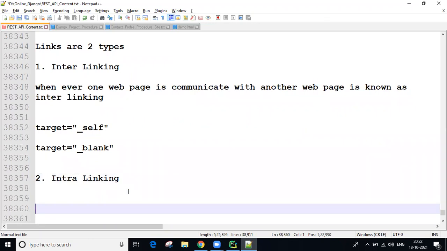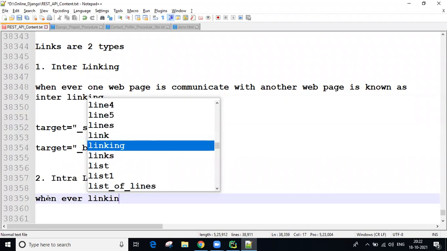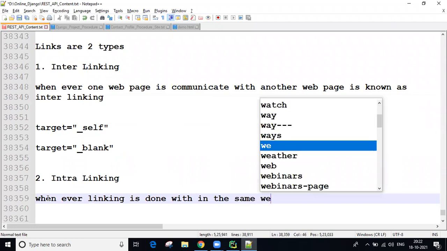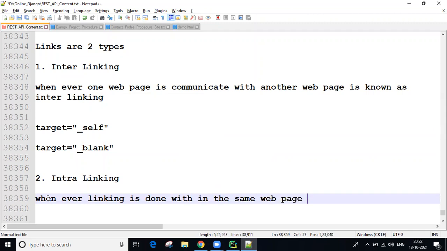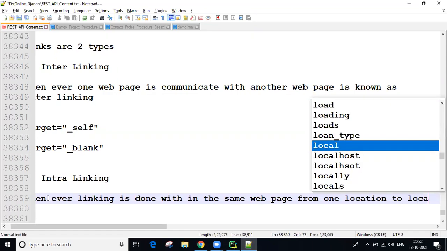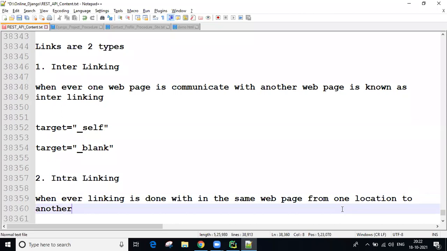Whenever linking is done within the same web page, from one location to another location, or simply location 1 to location 2, it is known as the intralinking concept.